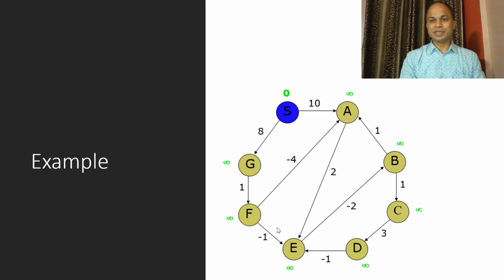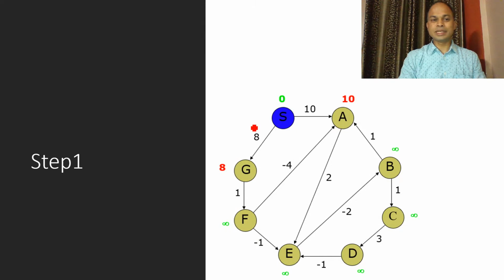If we talk about the example, this example is given. Here S is our source and all remaining nodes may be our destinations. Initially, S does not know the distances to all remaining nodes. Therefore, we have marked infinity for all remaining nodes. I mean S to A, we have marked infinity. S to B, infinity. S to C, infinity. All the distances from S to all remaining nodes, we have marked infinity. S to S distance is 0. I mean from the same node to the same node, distance is always 0.